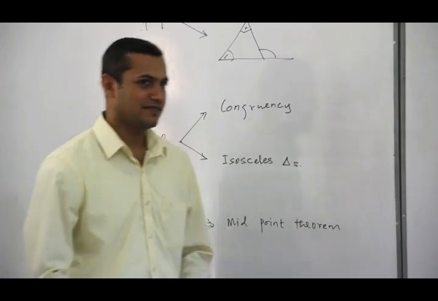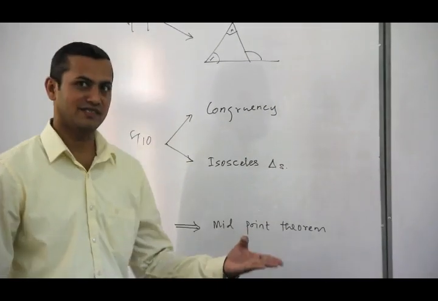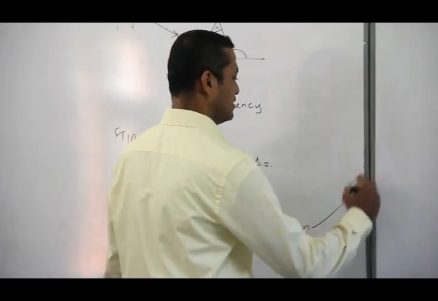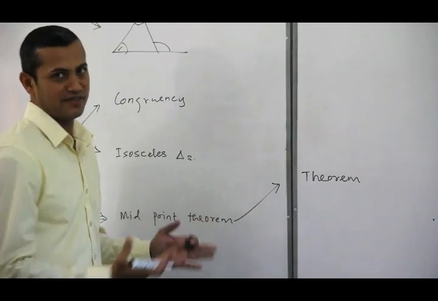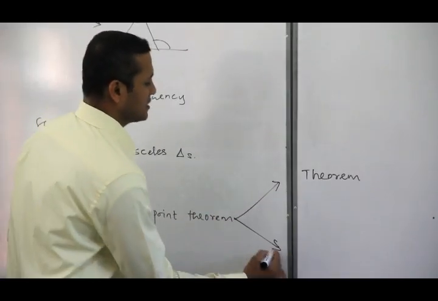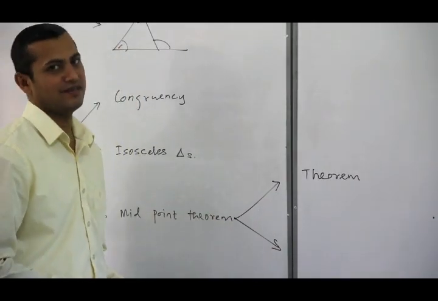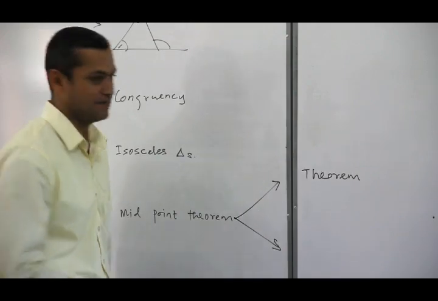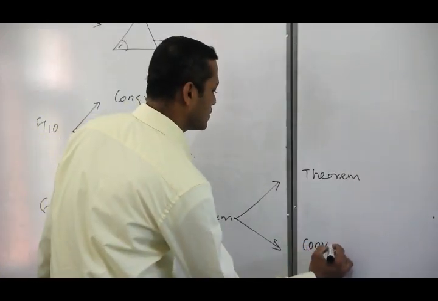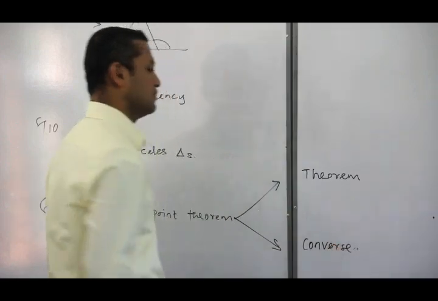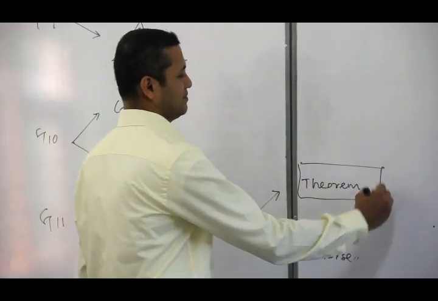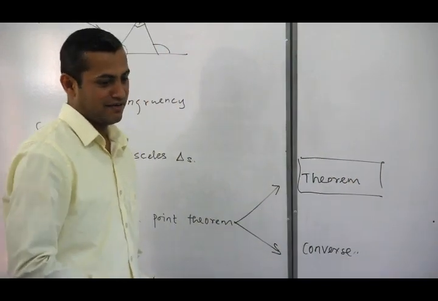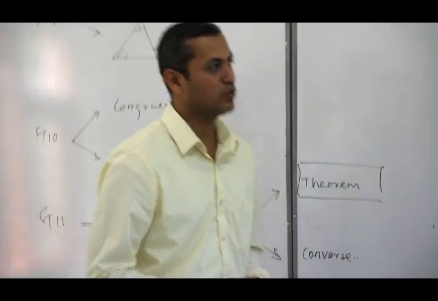Under this chapter, we're going to study about two things. One is all about the theorem, the midpoint theorem, and the other part is the converse of the theorem, the converse midpoint theorem. Okay, let's start with the theorem first. It is there in your textbook. You go through the textbook, you will find the theorem. So this is the theorem.